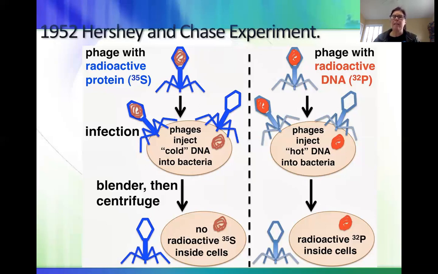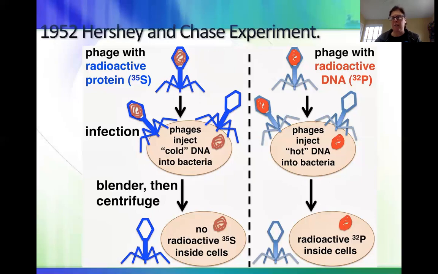So they repeated this with P32, which is phosphorus 32, and we know that we have phosphorus in nucleotides. And so notice how we have the radioactivity inside the head of the virus, and that's where the DNA is kept in the virus, in the head of this phage. And so they did the same thing. They let the virus infect the bacteria. They shook it off with a blender. They spun it in a centrifuge, and then they checked for radioactivity again, and they found this time it was